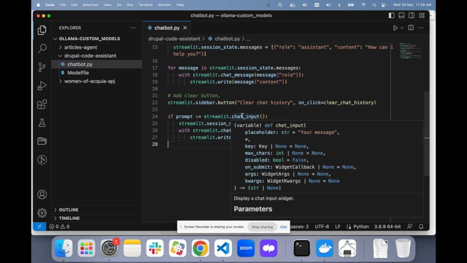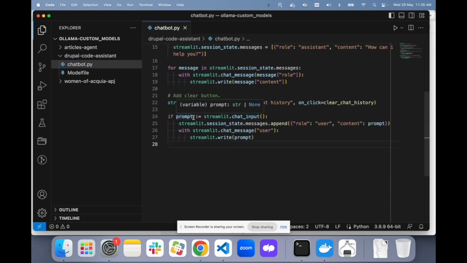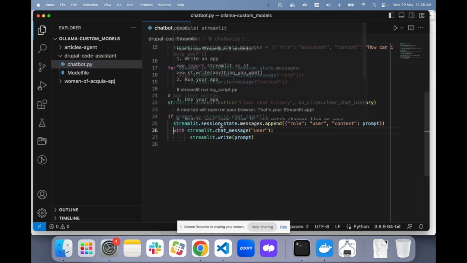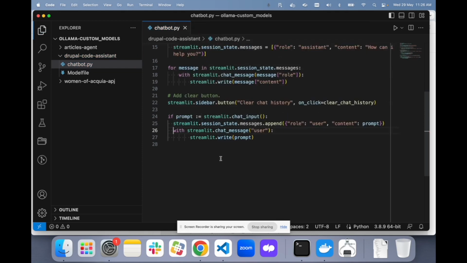If I have anything which is not none, and it exists, then assign it to the prompt variable and get it into the if condition. Okay, and then once the message is in this Streamlit session state, append the role as user and the content whatever the user has typed in, and then show it on the front end.